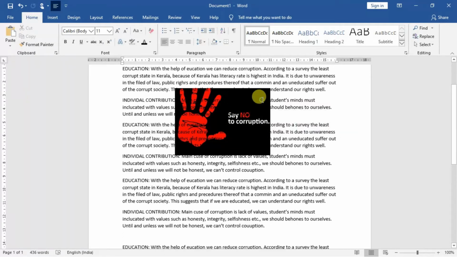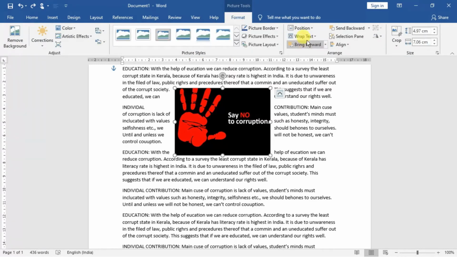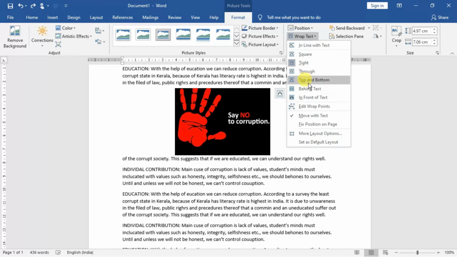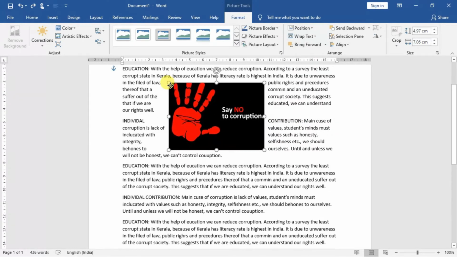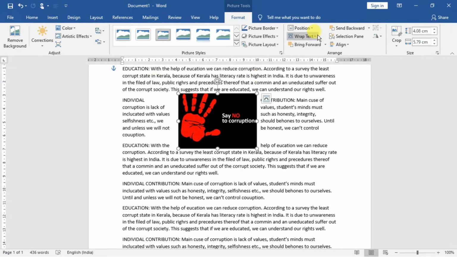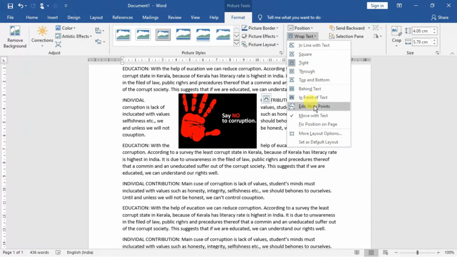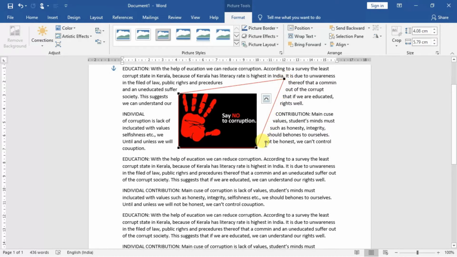All right. So you can press Control Z in order to go back to the previous thing, and then format. You can click over here once more, and coming back to the wrap text option, edit wrap points is also one more important thing out here. You can do the wrap point also. Okay, you can click and drag in this way. So first of all, this is edit wrap points, and these wrap points are, yes, here it is. So you can change the shape, so the text will be wrapped in a similar manner in this way. All right, that is the thing.